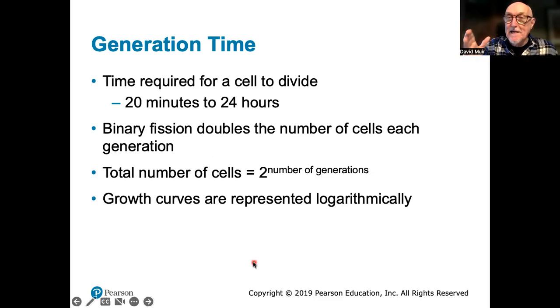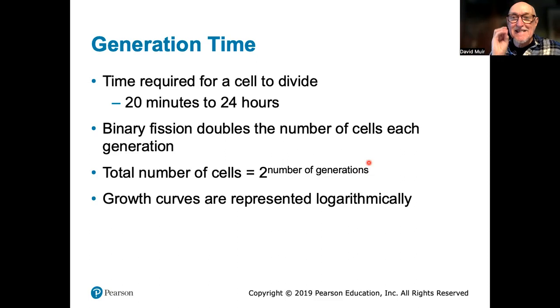If we want to work out the total number of cells, it is 2 to the power of the number of generations. Okay, so if we take our 1 cell and we double it in about 20 minutes, we end up with 2 cells, right? That's 1 generation. Now we take 2 generations. Those 2 cells divide, 2 to the 2, 4. That's how it works. When we take that ideal part of the growth, doubling every generation time,